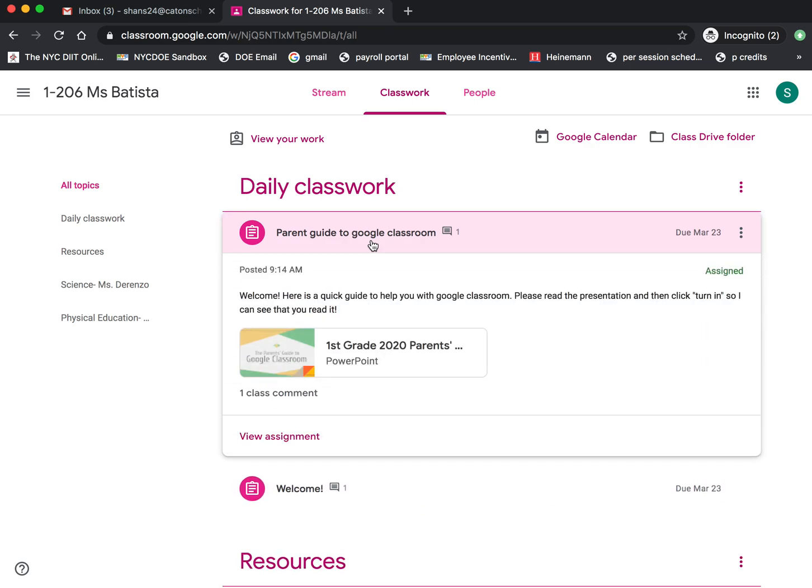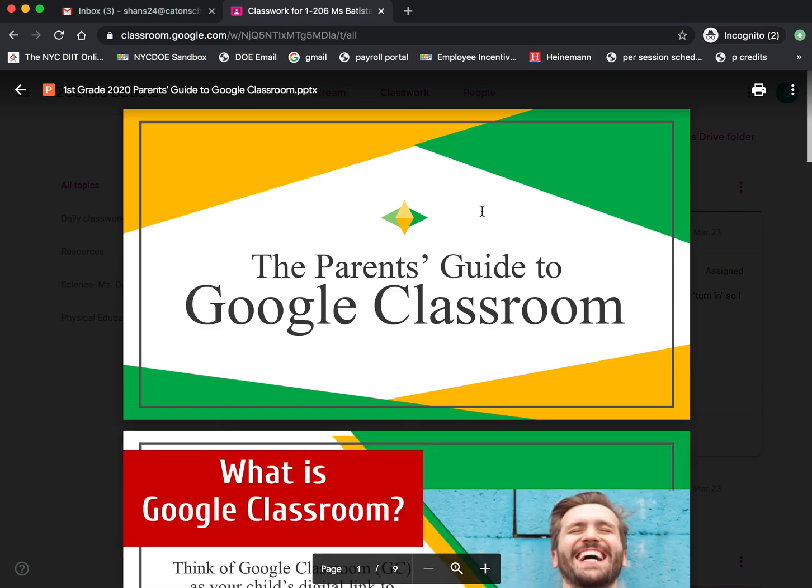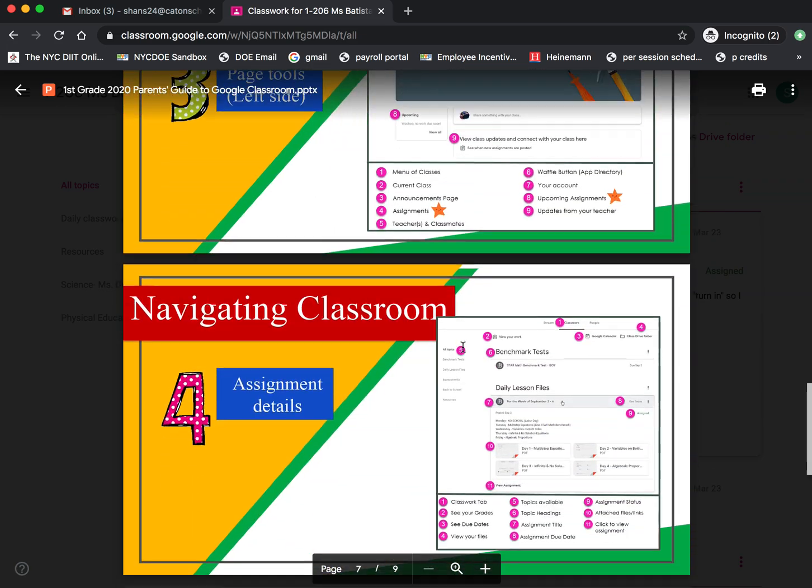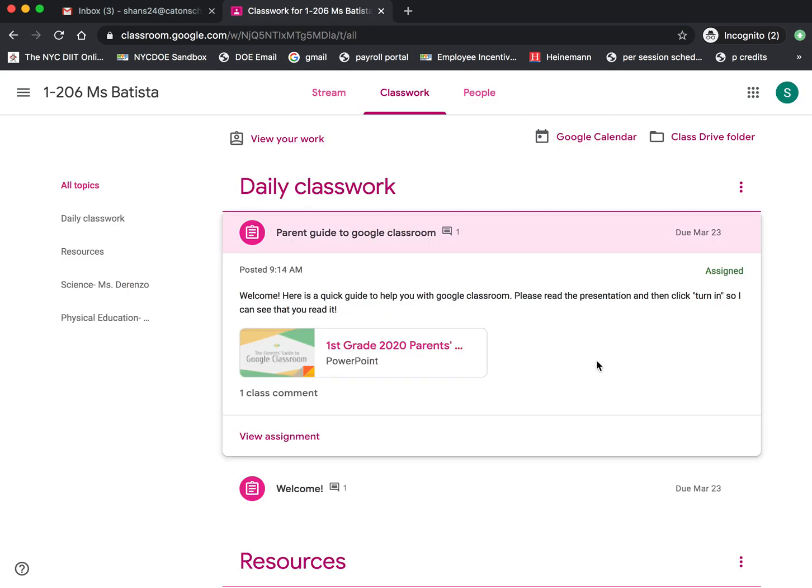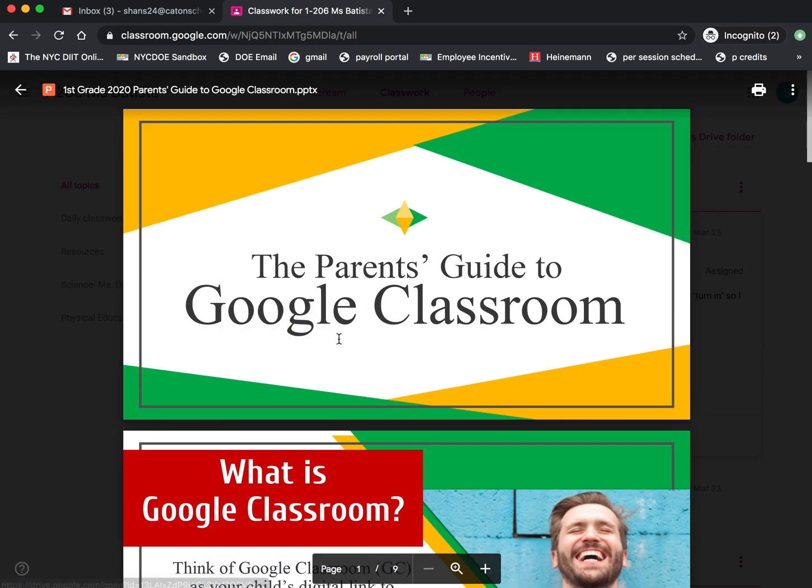Now, same thing with Google Classrooms. You can go ahead and you're going to click on this. It'll pop up and you can watch or you can read the slides. And then when you're done with that, it says, please click turn in so that I can see that you read it. So make sure that you read this section right here with all of the assignments, because that's where the instructions are going to be. If there's anything that you need to comment or anything that you need to do, it is very important that you read this. Now when you click on it and you open it,